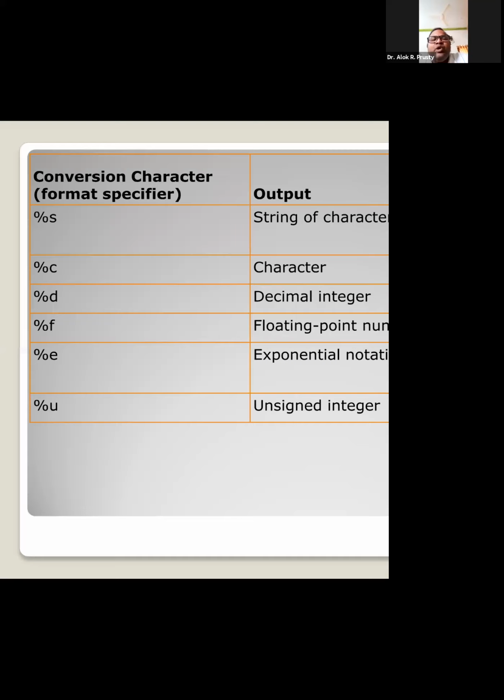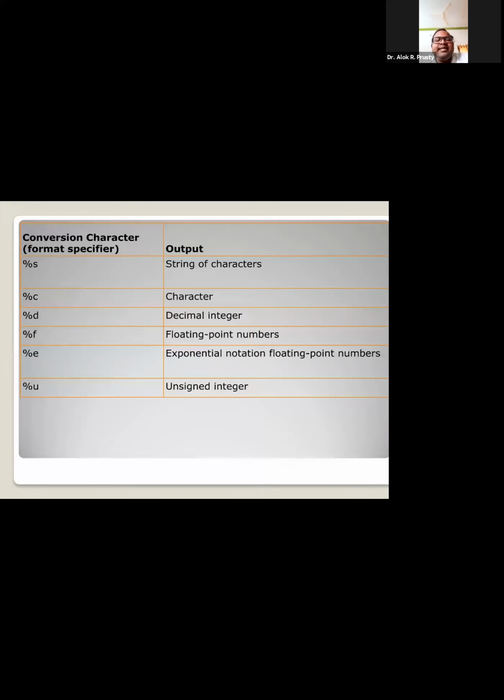The difference between %u and %d is that %d can take both positive and negative values, like 10, 20, 50, 10,000, 20,000, 50,000, minus 20,000. That is the simple integer or signed integer or short signed integer. But whenever I am writing the unsigned integer, the value range is 0 to 65,535. All of this range will be accommodated with the format specifier %u, that is percent unsigned integer. So this is all about your conversion characters.